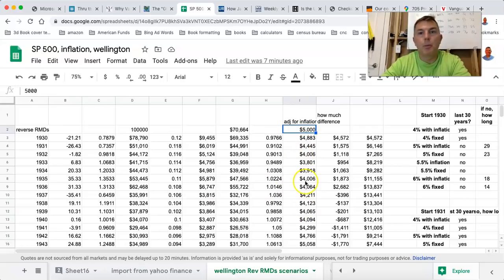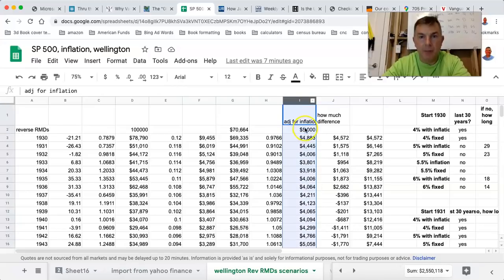because it matters not what the portfolio did. When you're doing a fixed rate, we're fixing it at 5%, adjusting it each and every year with inflation. It matters not what the portfolio is doing. It's saying this is the amount of money we need from the portfolio each and every year, 5% adjusted with